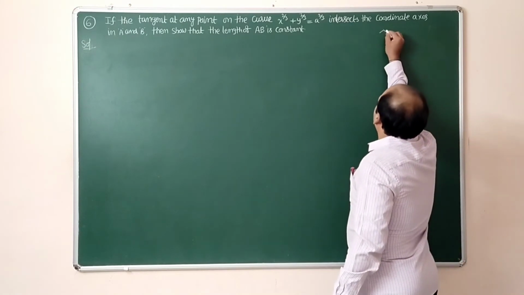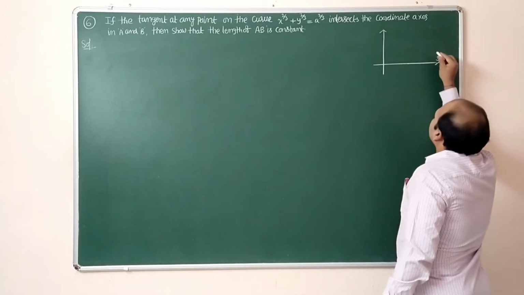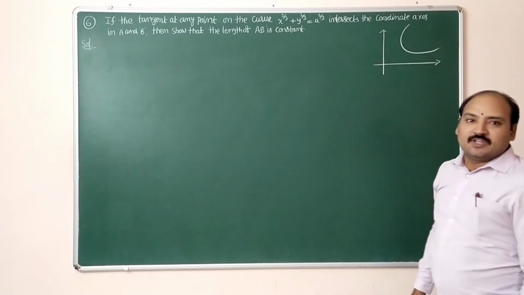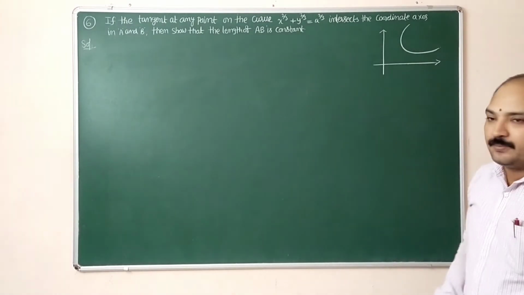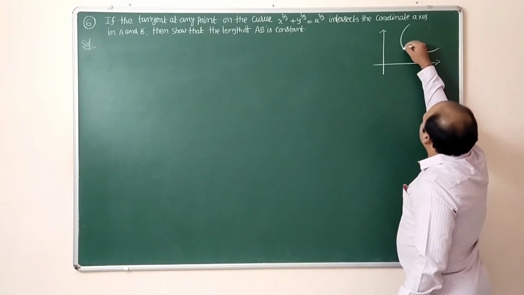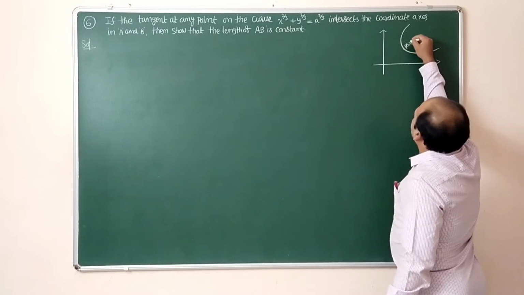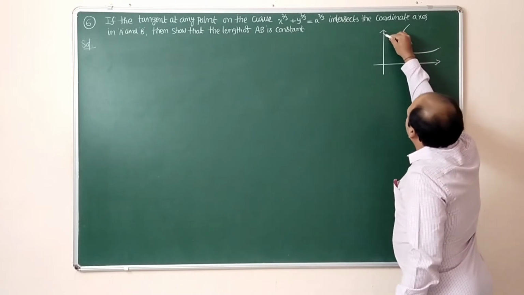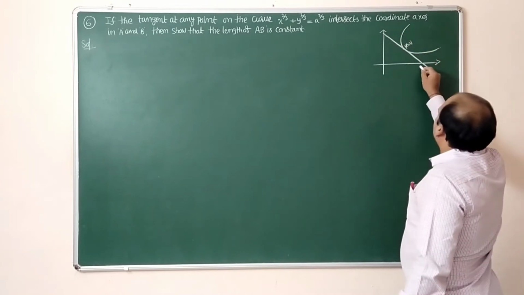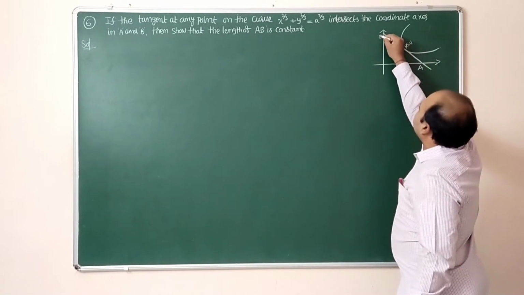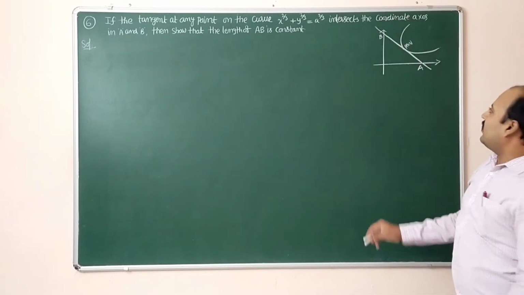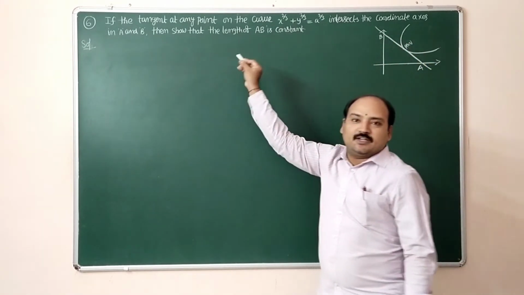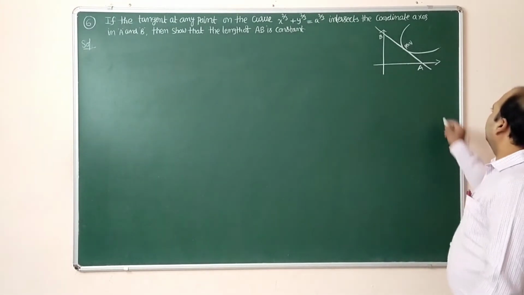See here, observe the figure. This is the rough figure. This is the curve. This is the curve equation, x power 2 by 3 plus y power 2 by 3 equal to a power 2 by 3. After that, here I am assuming one point P of x1 comma y1 be any point on the curve. At this point, you draw a tangent to the curve which meets the coordinate axis in the points A and B respectively. They are asking this length. The length of AB they are asking, that we have to prove as constant.